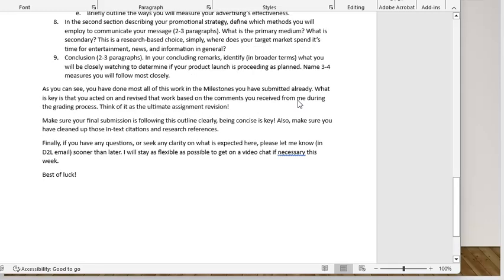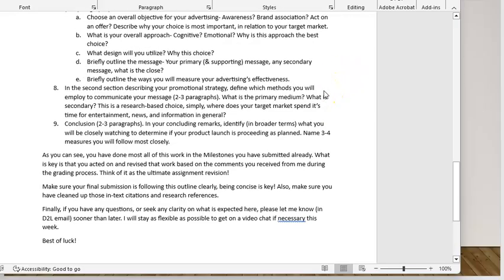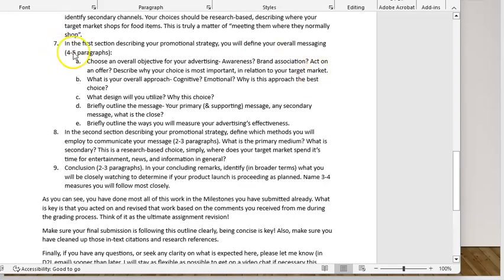Okay, and then the conclusion is basically pulling it together and talking about how you will look at not just launching it, but what are some of the measures you're going to look at to give you an overall idea of success. So you've done most of this work, but it's really important to pull it all together in a continuous sort of way. So if it looks like you just copied and pasted things, it's not going to probably read all that well. So I suggest you put it together, go through and edit it, and make sure that it says exactly what you want to say.